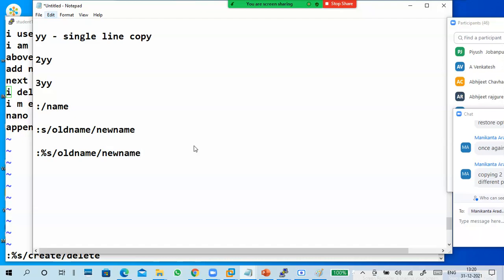So wherever the old name is located in the file content, all the old names will be changed to new names. It is not required that your cursor be in a particular line. In the entire file, wherever the old names are there, all the old names are changed to new names. So that is this one.